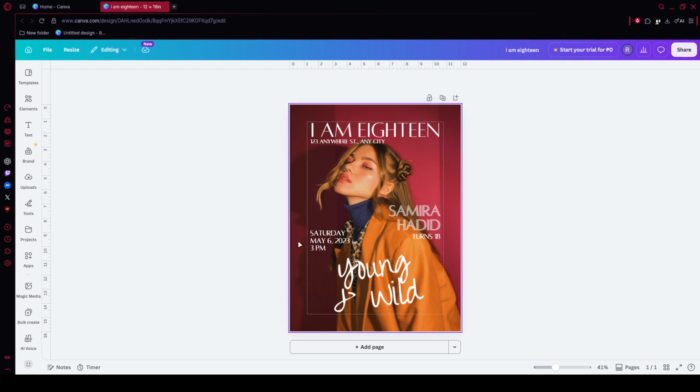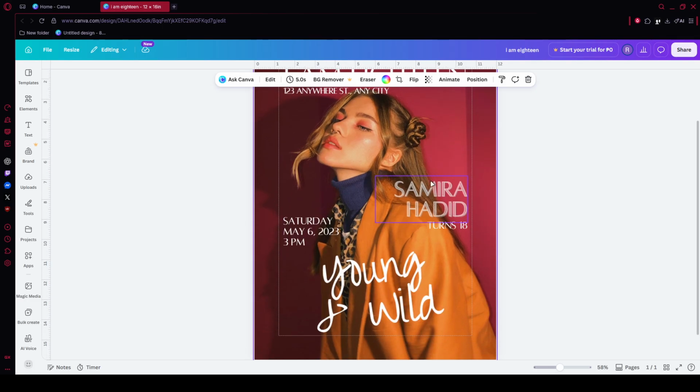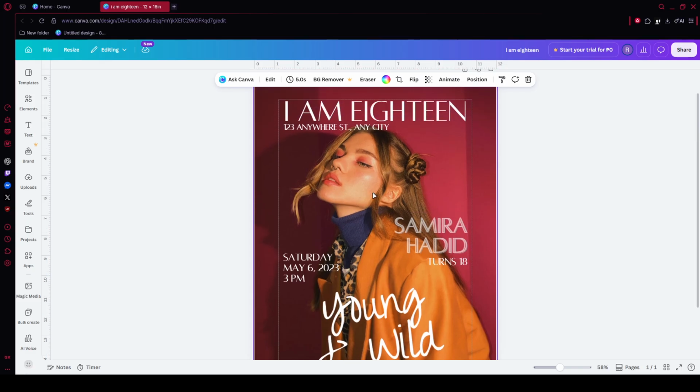One of the fastest ways to insert a text box is by using a keyboard shortcut. With your cursor active on the canvas, press the T key once. Canva will instantly place a default text box in the center of your design. This is a great shortcut to remember because it avoids extra clicking and lets you work faster, especially if you